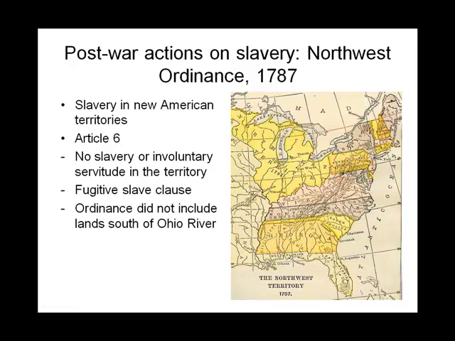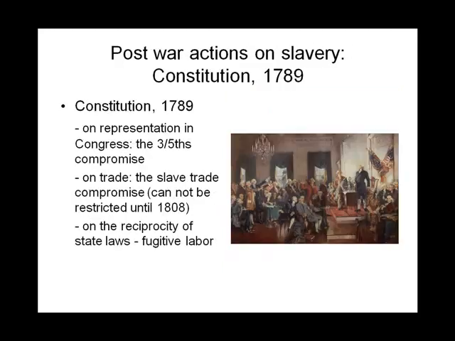in the Northwest Territory, which would be the territory west of the Appalachian Mountains, north of the Ohio River, and east of the Mississippi River. There was no such provision in terms of what would happen in the Southwest Territory, the territory south of that Ohio River. And of course, that would be the territory that would include Tennessee and Kentucky. In 1787,